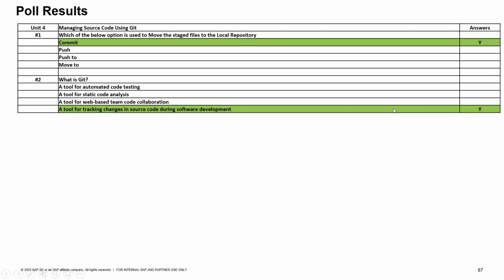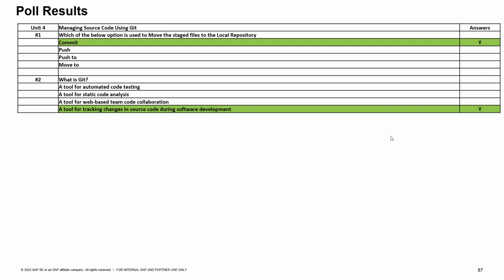Okay, thank you everyone for your participation. I'll end the poll now. So these are the answers. The option to move the staged file to the local repository will be commit. So 57% people have answered correctly. Push is not to move the staged file to the local repository.